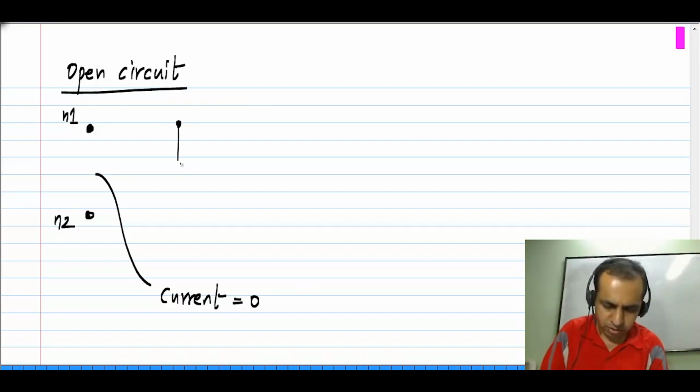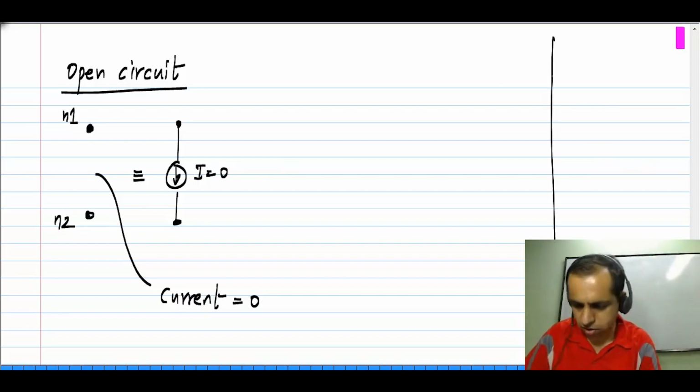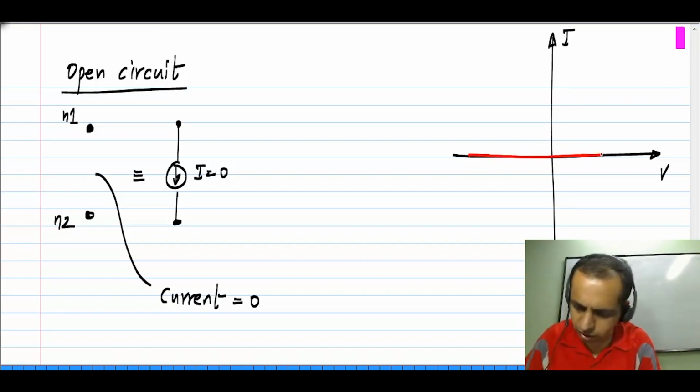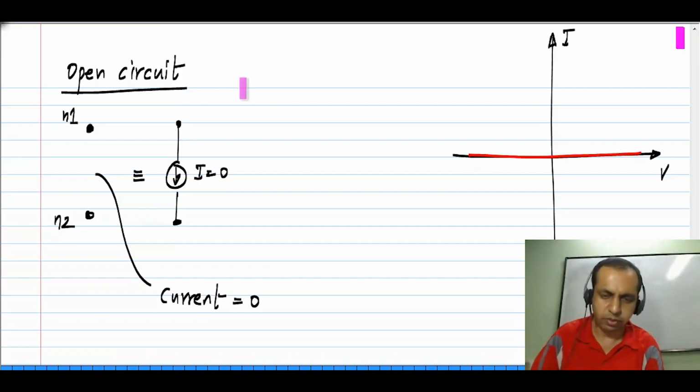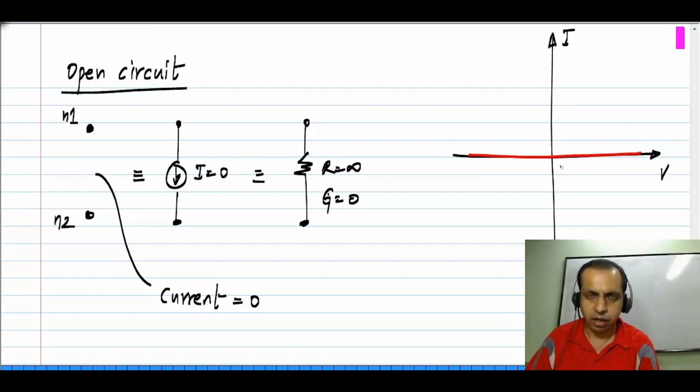So what does this mean? You can equivalently represent it with a zero current source, because if current is 0 and I draw the IV characteristic of it, I'll have a horizontal line passing through the origin that corresponds to I equals 0. So that is a zero valued current source, which is also equivalent to an infinite valued resistance or zero valued conductance. And again, I won't prove this, but you can very easily reason it out for yourselves that this is